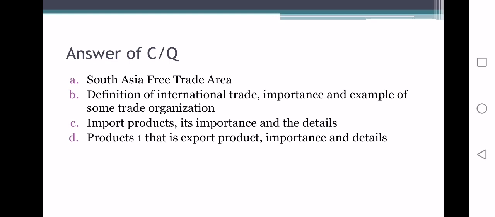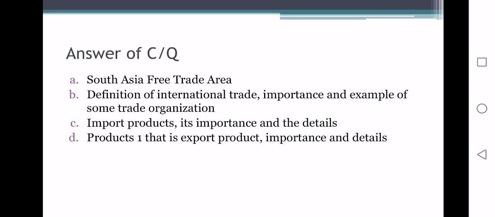You have to write in a way that the full form of SAFTA is South Asian Free Trade Area. Please don't write just South Asian Free Trade Area. You have to write the full line: the full form of SAFTA is South Asian Free Trade Area. The second question answer is,